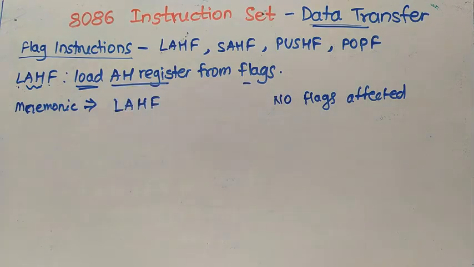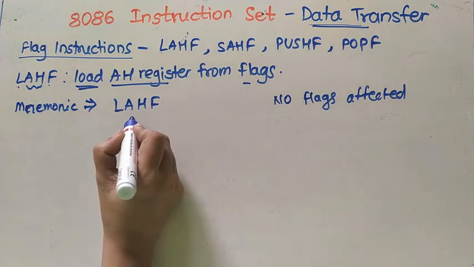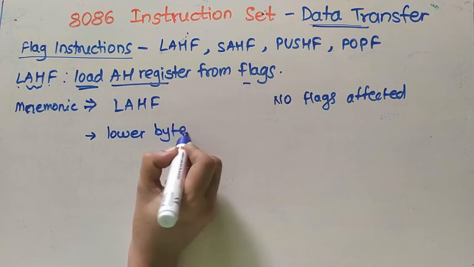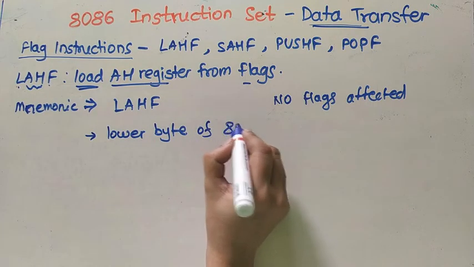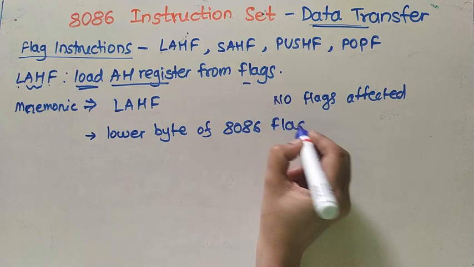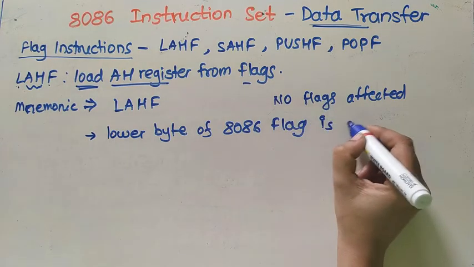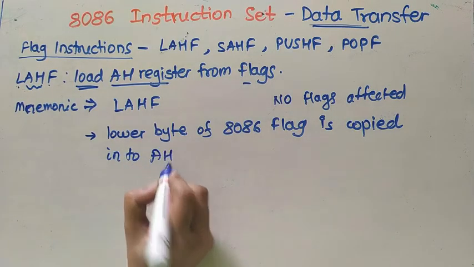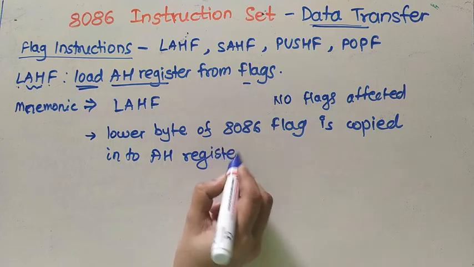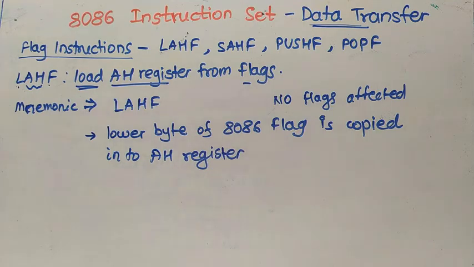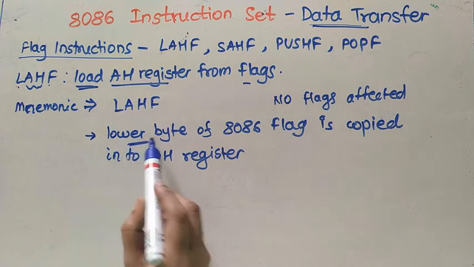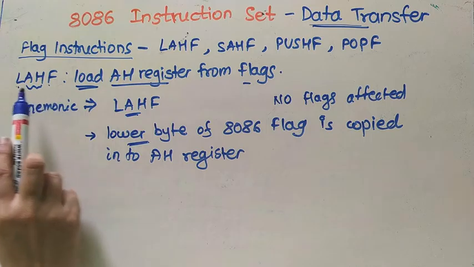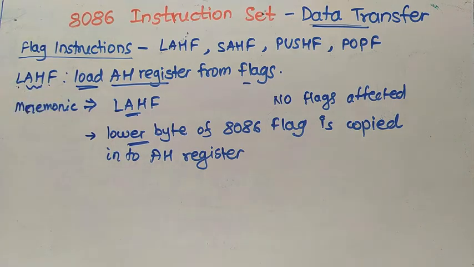So here what happens, after execution of this instruction, the lower byte of the 8086 flag register is copied into the AH register. So to copy the lower byte of the flag register into the AH register, we are going to use the instruction LAHF. Next instruction is